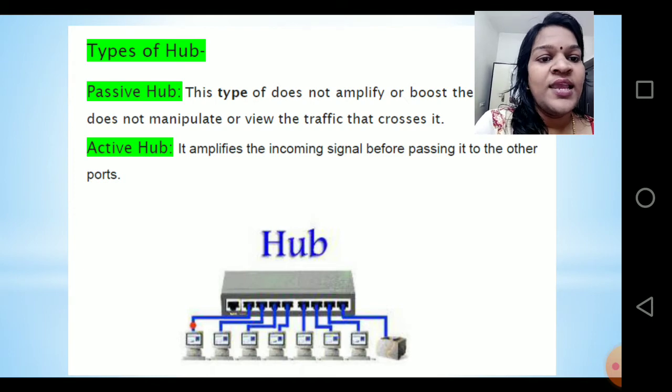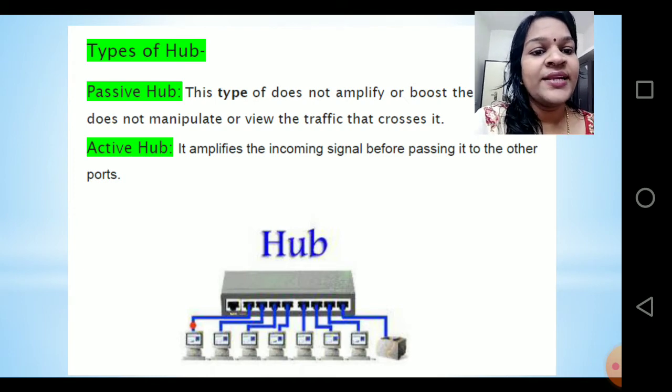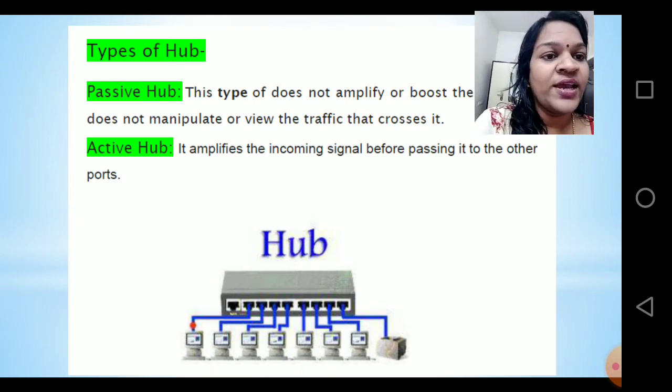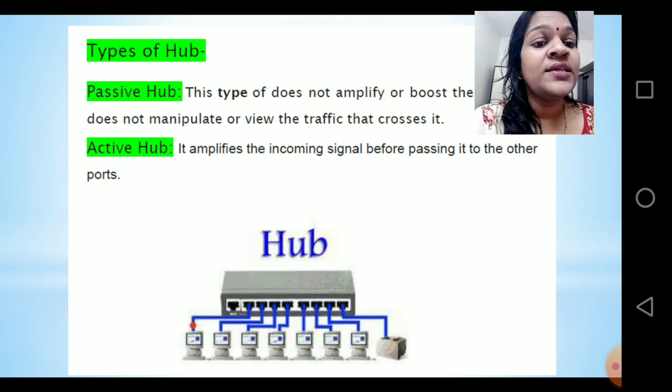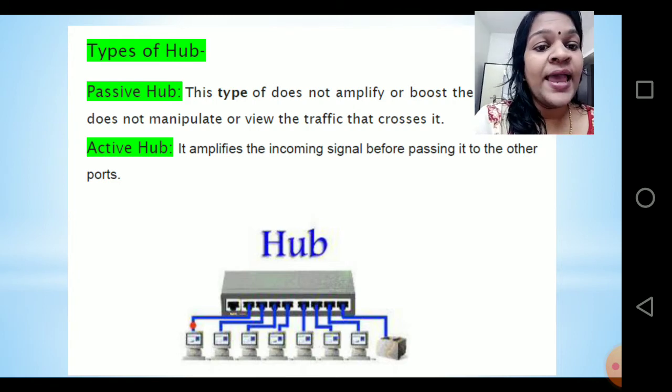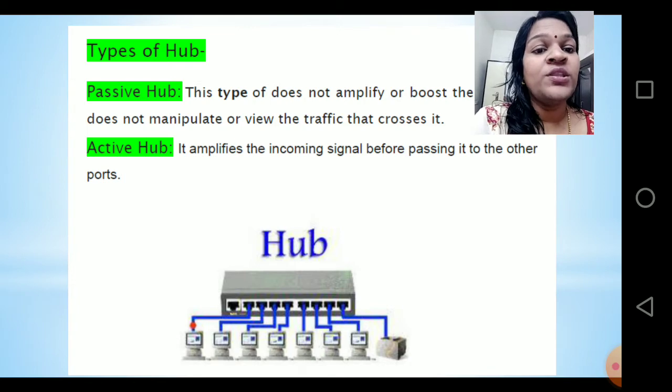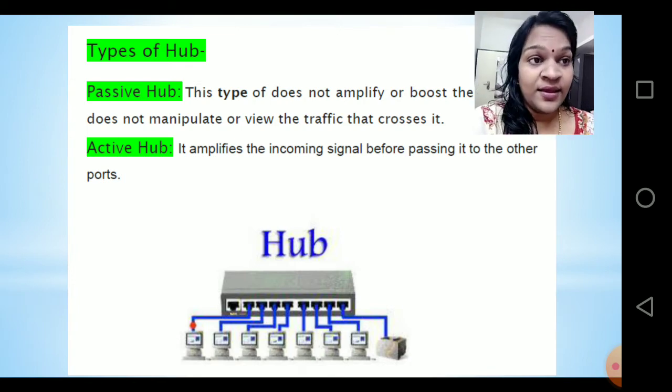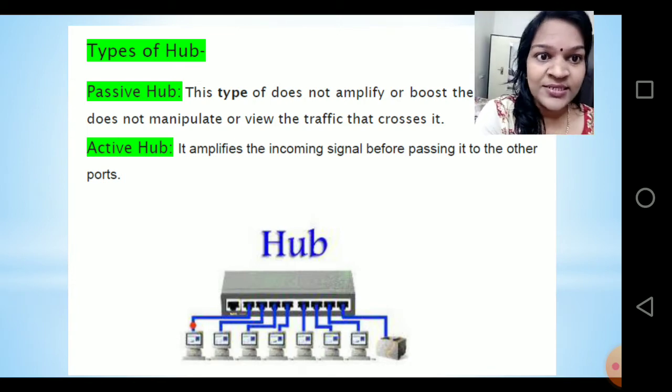In those 8 ports, we'll be connecting each computer using LAN wires, and you can see a bigger port where we'll be connecting the line from the main service provider.